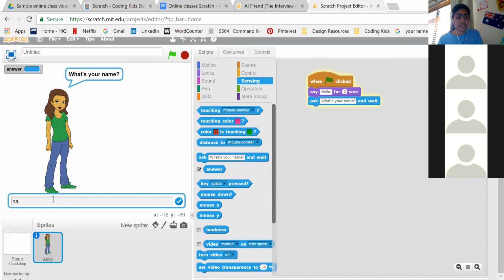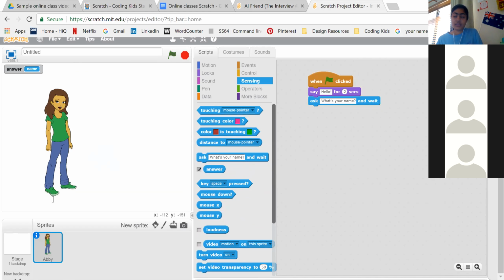Yep. So if I type in name, like answer's name, it changes depending on what your answer is, basically. So we want to be able to use this, and we want our sprite to say hi and then your name. So if you go back into